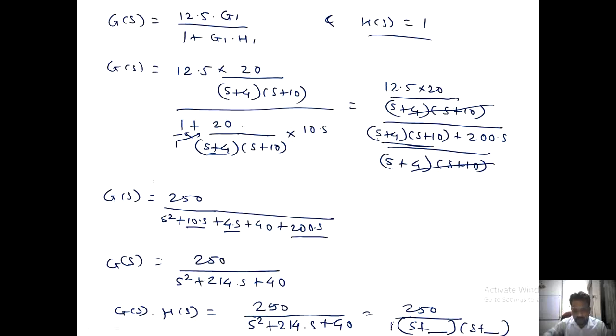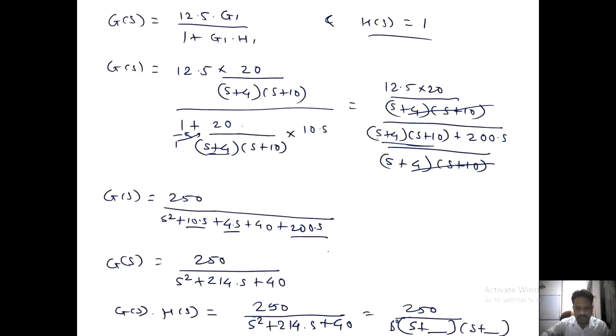As there is no single s present here, that means it is a 1. And when we will get 1? When there is a 0 power of s. When s to the power 0, it means 1. That means there is a power of s as 0. So which type of system is it? It is a 0 type system. I hope you are getting how we could imagine this.